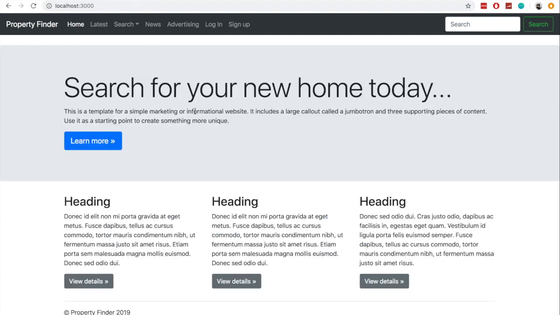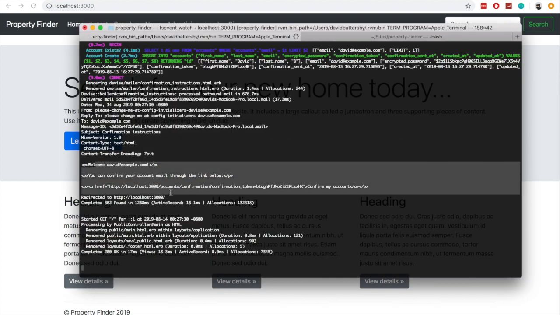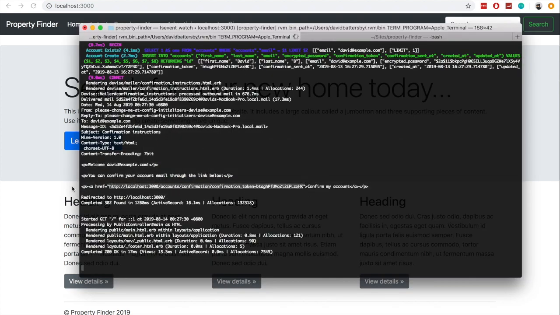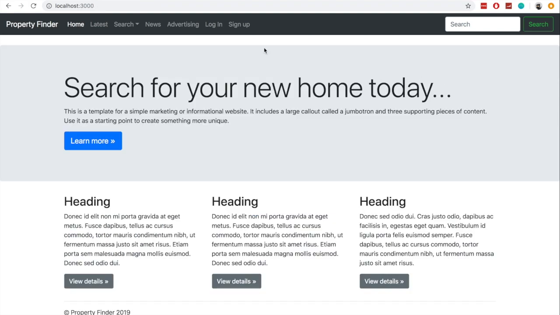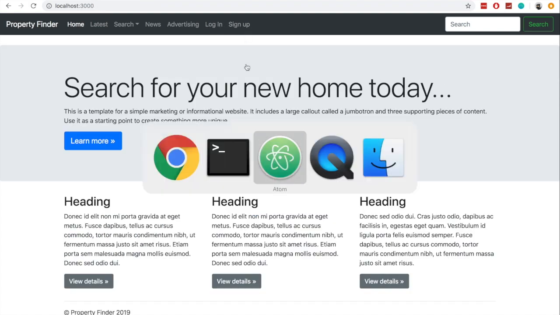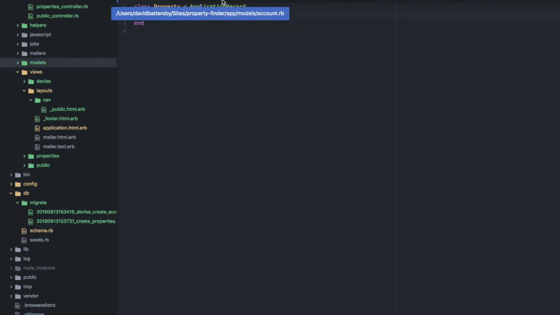So now it looks like we are signed up. However, on the home page we can't really tell. But if we look at our server log, we can see that an email has been sent. So once we try logging in now, we can see that we still have this login sign up button. So we'll actually have to modify the